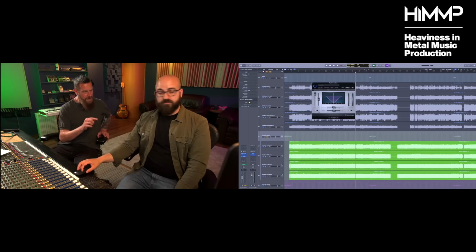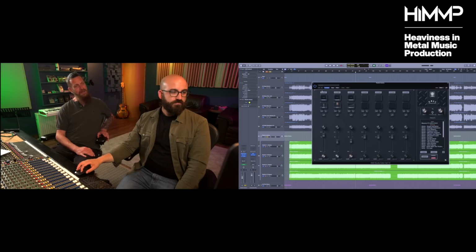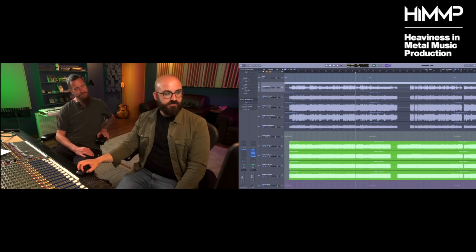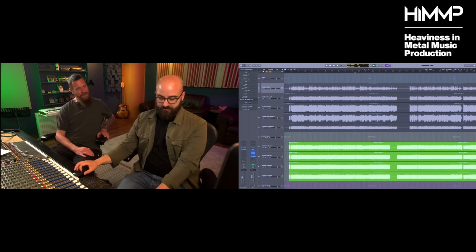What's the first processor on the signal chain? That is the cab impulse response. Fantastic. And do you ever use tape emulation or clipping on guitars? No, pretty much never, no. Brilliant. If we could have listened to the guitars and the bass together, if that'd be possible.